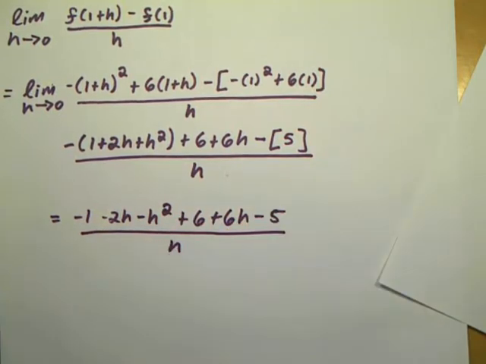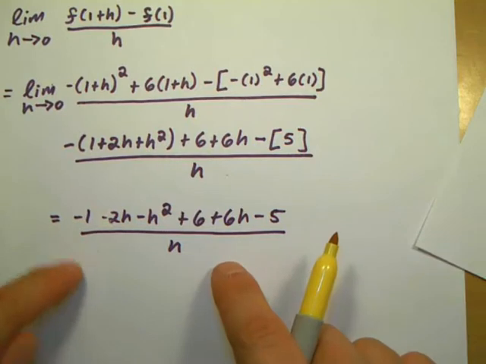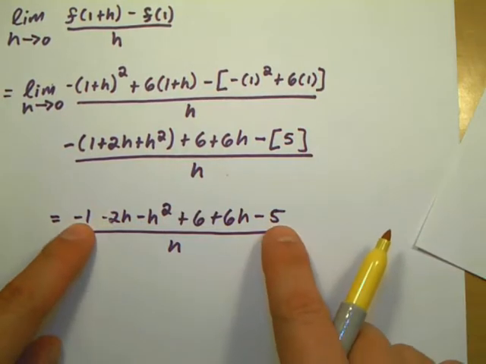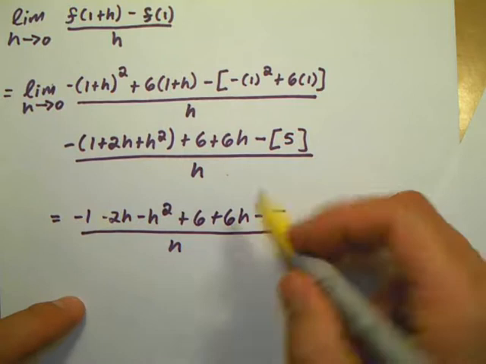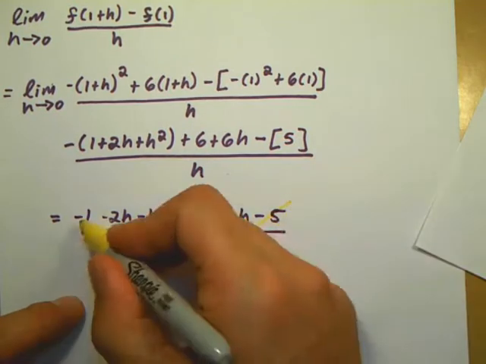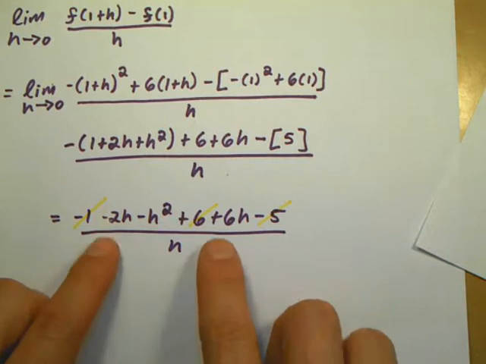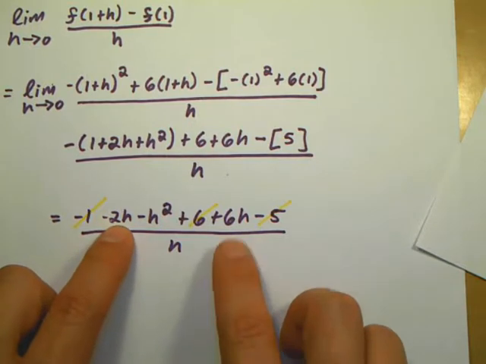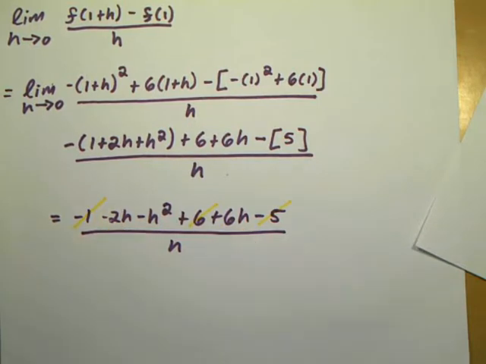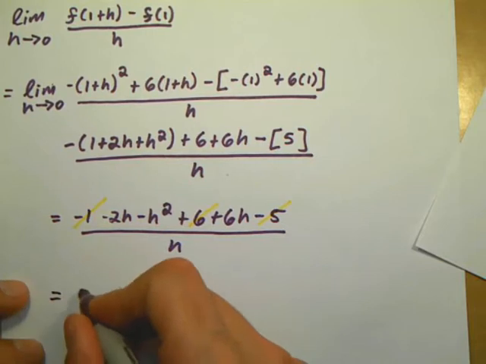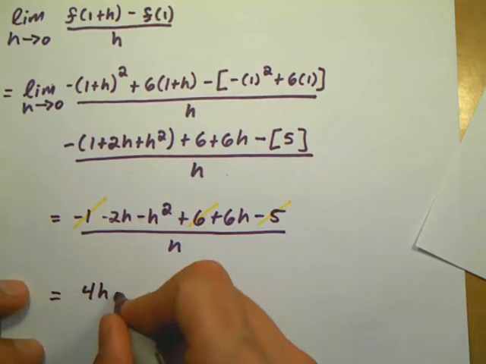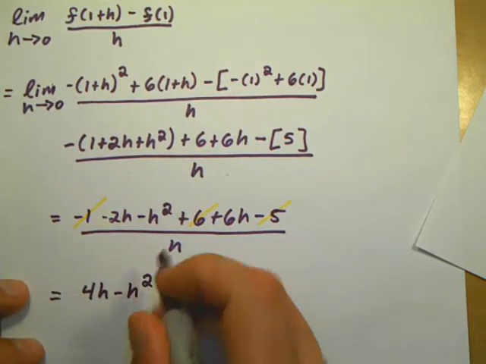Now here's where I can start simplifying this. Notice I have negative 1 and negative 5, and then I have this positive 6, so I can think about those simplifying out. Combining like terms, I have negative 2h, positive 6h, so this simplifies to 4h minus h squared all